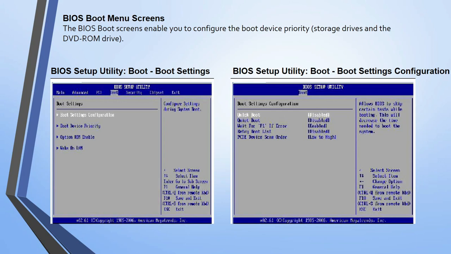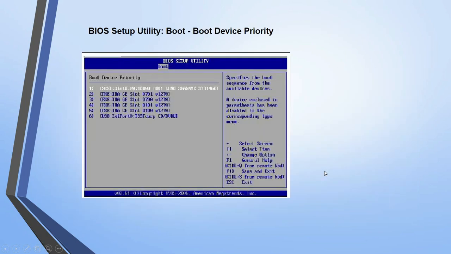So if the hard disk is not able to work, then when we insert a bootable pen drive or bootable DVD, depending upon your boot device priority, it will load the OS into your memory. Here the quick boot and boot setting configuration are there. This type of setup we are able to assign in your BIOS or CMOS, like boot device priority: CD drive, hard disk, flash drive.